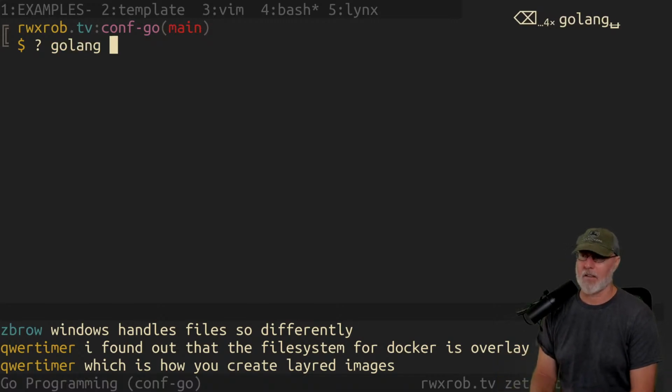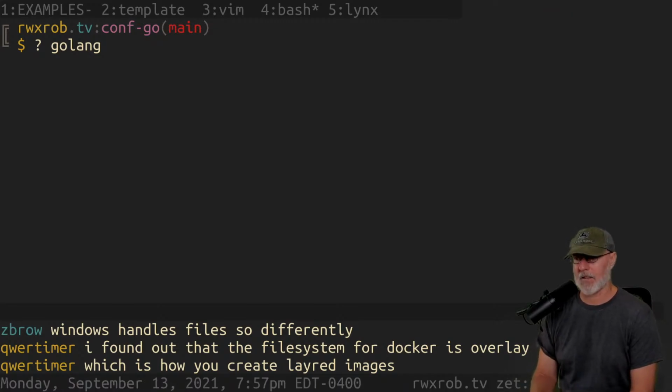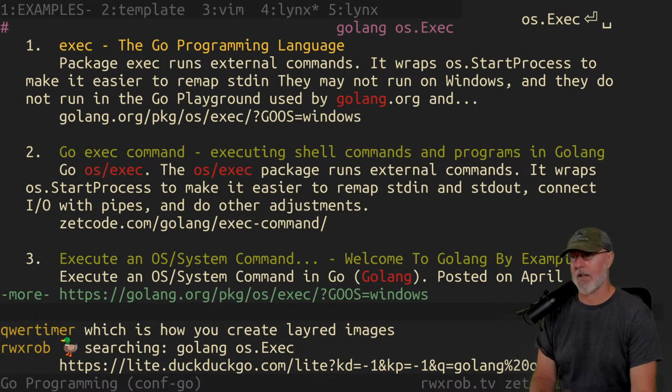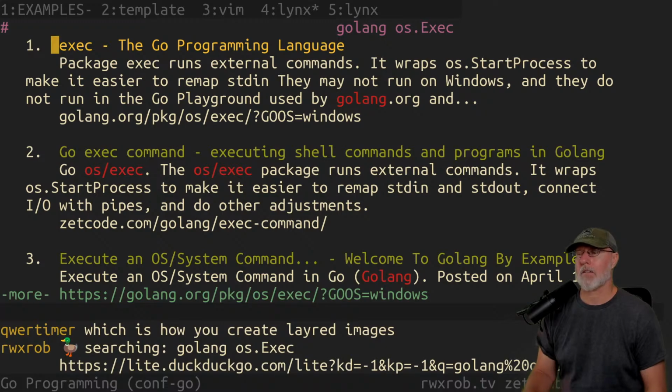So, a basic thing: I just want to run a program from Go. I want to do an exec, like I would do from Bash or something. So there's os/exec. And this is just a good example of where you have this. Package exec runs external commands. So this is os/exec, right?